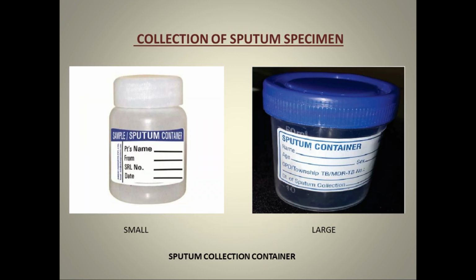Collection of sputum specimen. Waterproof disposable sputum cups or wide-mouthed containers are used to collect sputum specimens. A large container is required if the physician desires to have the total sputum expectorated in 24 hours. If sterile specimens are desired, a wide-mouthed sterile glass bottle with a screw cap or a sterile petri dish can